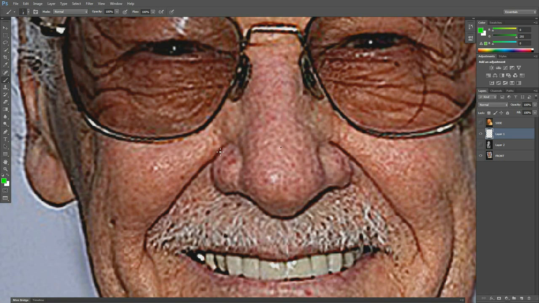Full hardness brush is good. Sorry, hands a bit rusty, but something, just tracing the face, and use this as a guide to